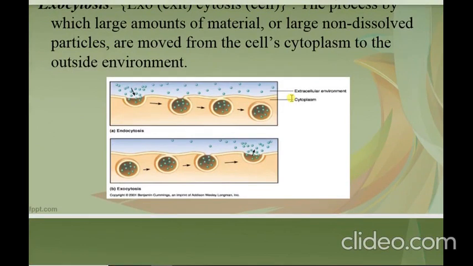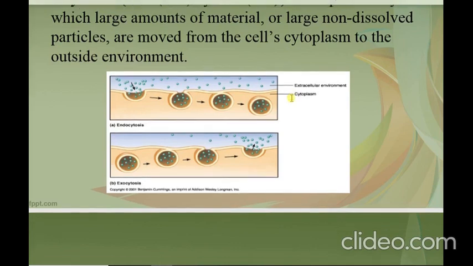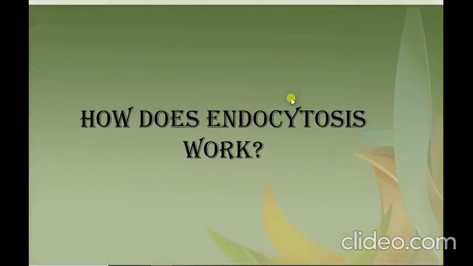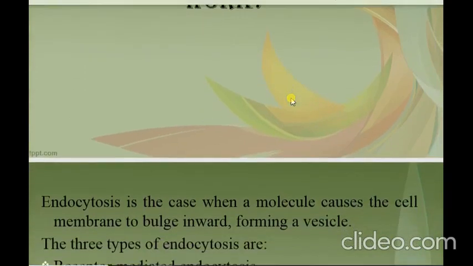As you can see from the diagram, the first process is endocytosis. In this process, the drug is taken up by the plasma membrane of the cell, a vesicle is formed, and this vesicle moves into the cytoplasm of the cell. The reverse occurs in the process of exocytosis. The waste material, after the drug has been used or digested with the help of enzymes, moves out of the cell. That is exocytosis.